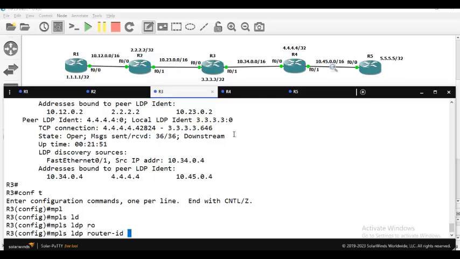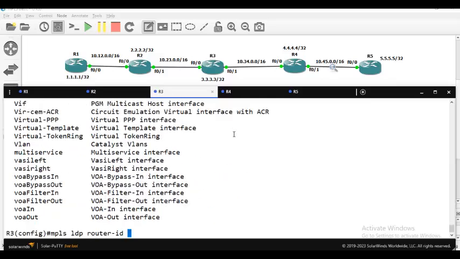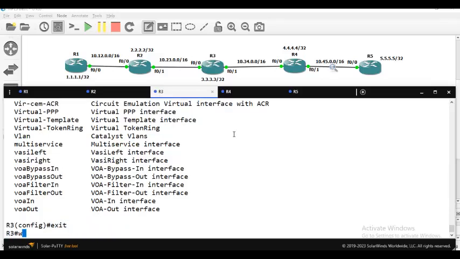If you don't have a loopback interface, and if you want to use only the physical interface, then you need to mention which physical interface by using that command which I showed you. All right, so if no, then